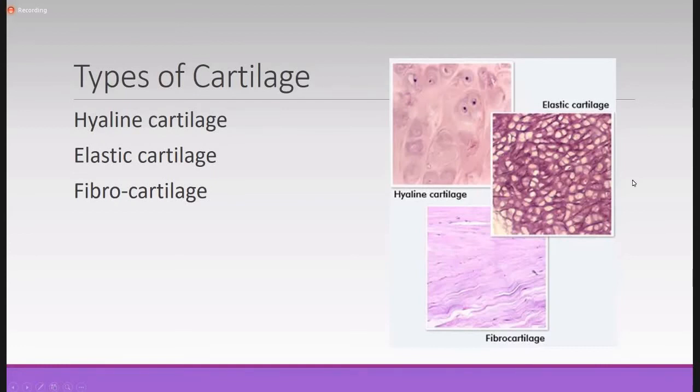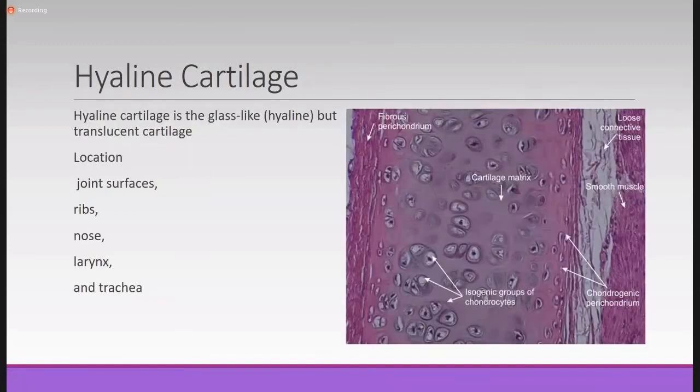Now, these are the three types of cartilage as seen by H&E staining: hyaline, elastic, and fibrocartilage. It's said that the fibrocartilage has intermediate characteristics between those of hyaline and elastic cartilage. The hyaline cartilage has a glossy appearance under the microscope because of the similar refractive powers of the fibers and the cells. That's why it gives us a glossy appearance.